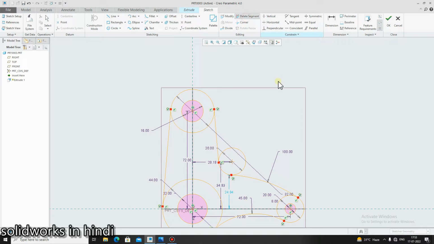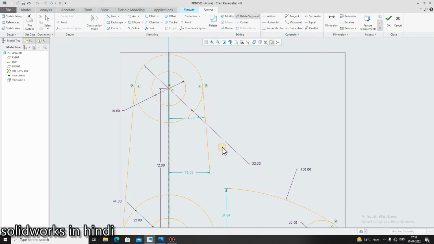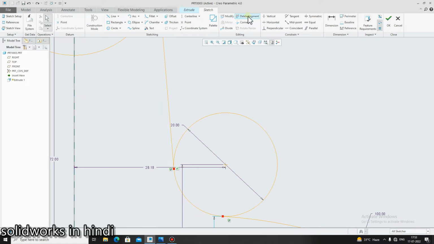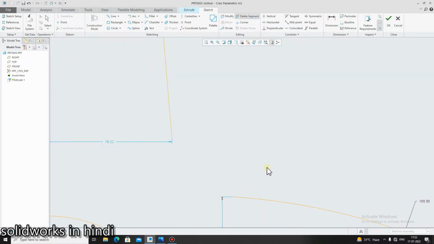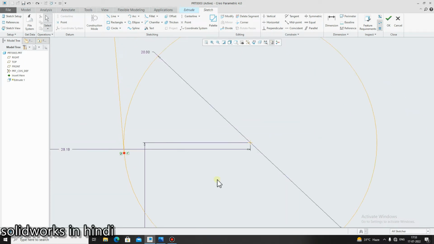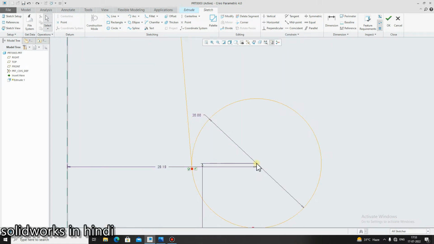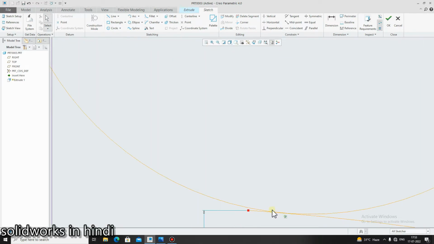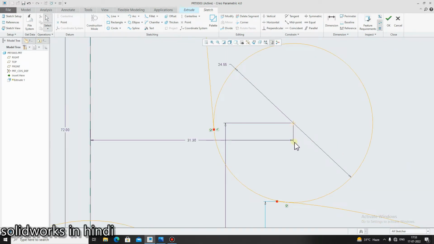Now go in the delete segment, remove this unnecessary sketch. Okay, Ctrl Z, go in the delete. Okay, here the constraint is I think not applied.